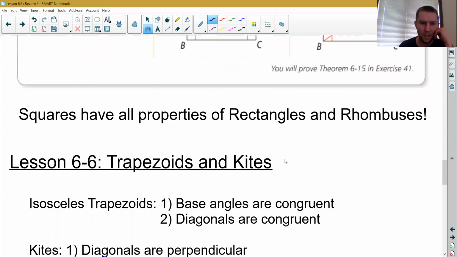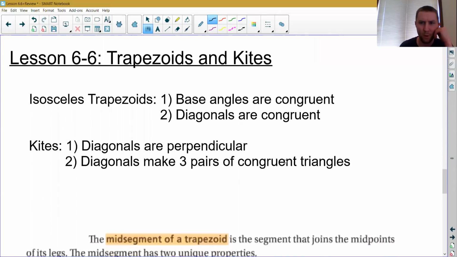When we got to section 6-6, we sort of left the world of parallelograms and we talked about two other types of special quadrilaterals. One was a trapezoid, where we had one pair of parallel sides, but the other pair was not parallel. And then we talked also about kites, which was, remember, two pairs of consecutive congruent sides. So like this was the same as this, and then it was sort of extended out this way. And then this was the same as this here, okay?